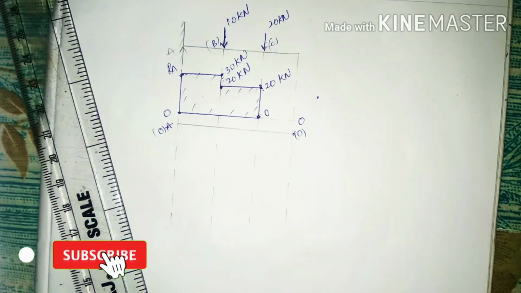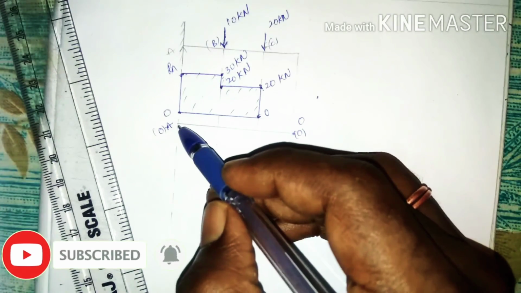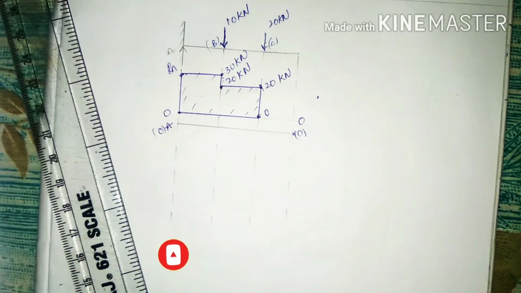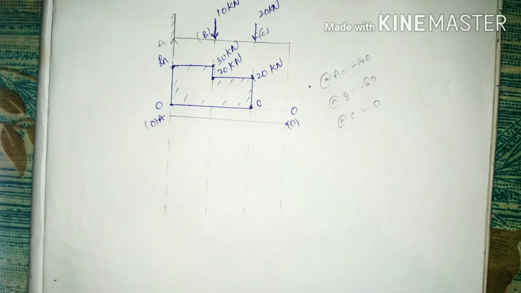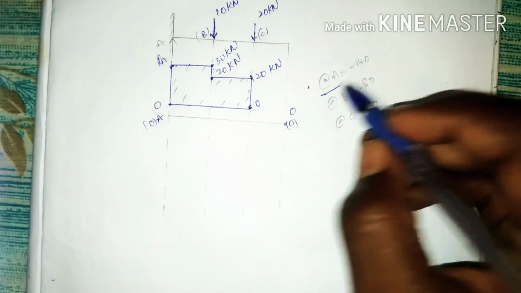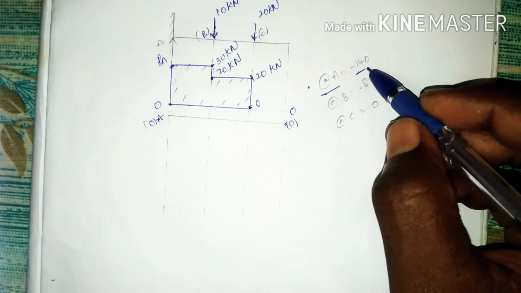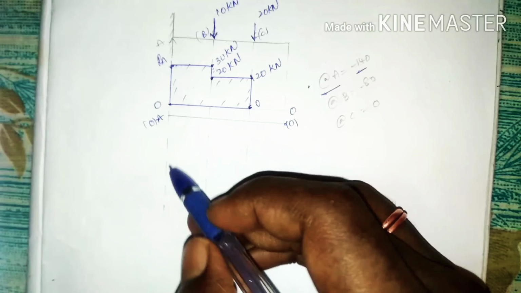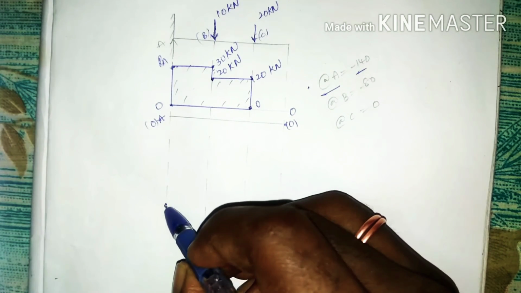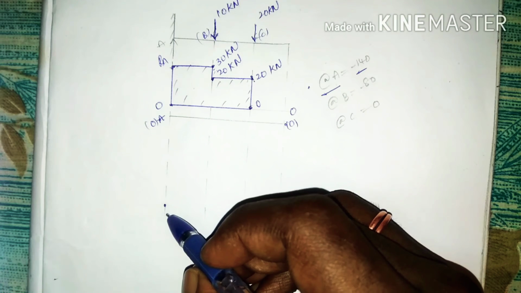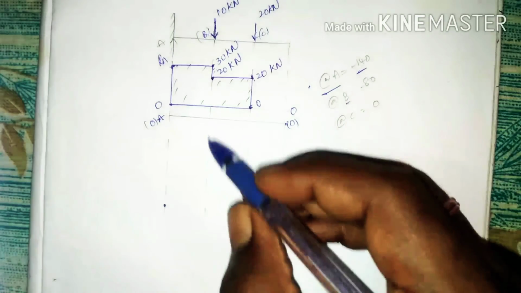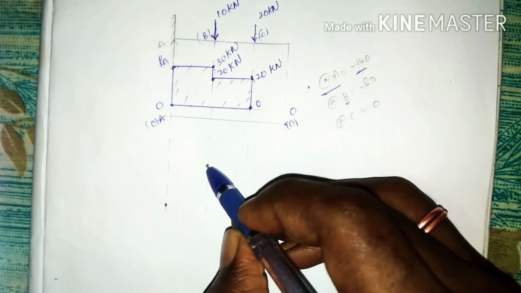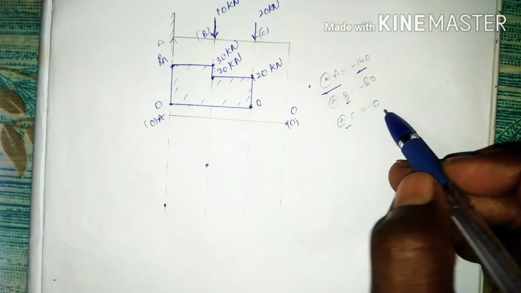Here I have the value of moment about A, and here these are my values of moment about the respective supports and points. The moment about A is minus 140 kilonewton meter. I am going to mark a point. Here this is my 140 kilonewton meter, and the moment about B is equal to minus 80. Here 140, and let it be here, and the moment about C is equal to 0.